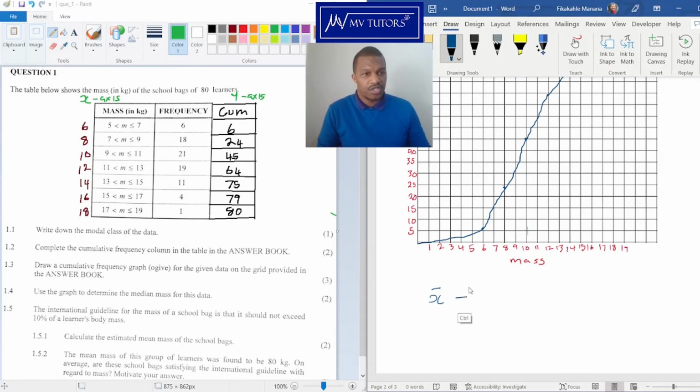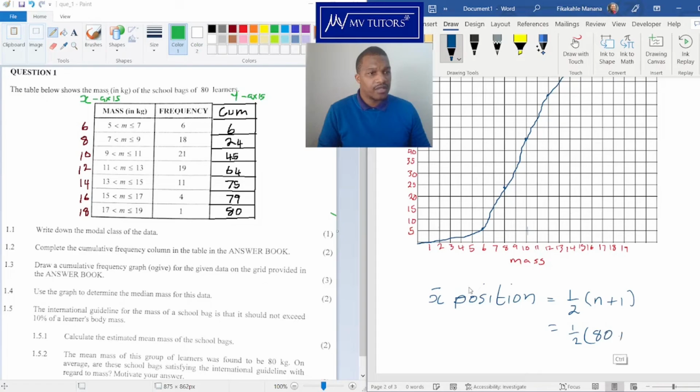This is for position. Let me just say position so that you don't think this is the median. Basically just a half, or 2/4, which is a half, (n plus 1), and our n is a total number,